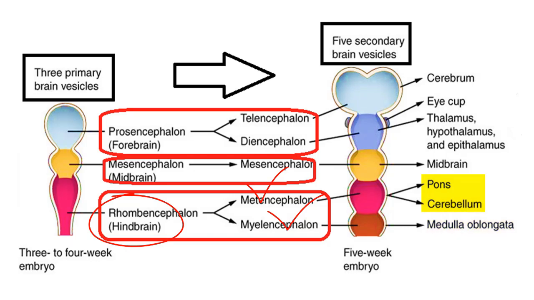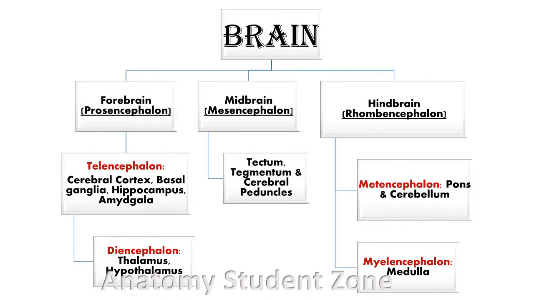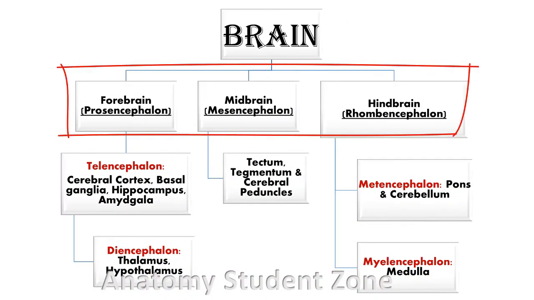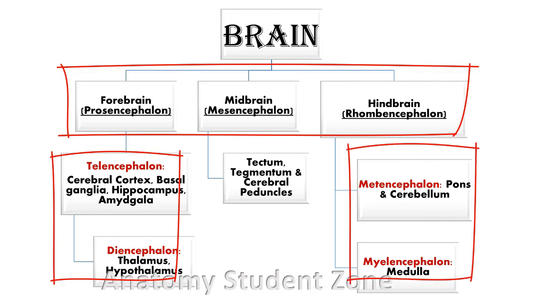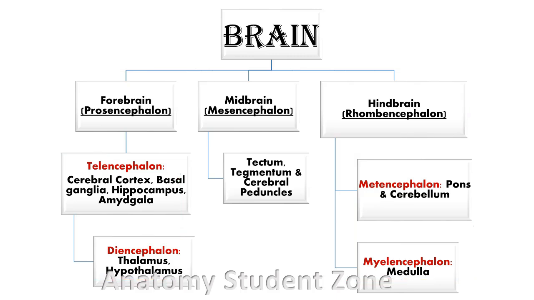In this way, we have the divisions of the brain that are mentioned in the gross anatomy books that you used to read. So this is a summary of this division, and you can see we have three primary parts of the brain. Of these three primary parts, the first part and the last part are going to divide, and later on they form five structures. Which structures are included in each is mentioned over here. If you are reading neuro for the first time, I know it will be difficult for you. But as you cover it and reach the next level, you will keep activating your neurons while studying neuroanatomy, and these parts will become more clear to you.